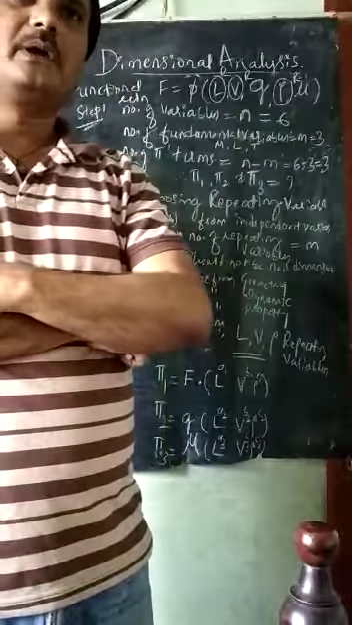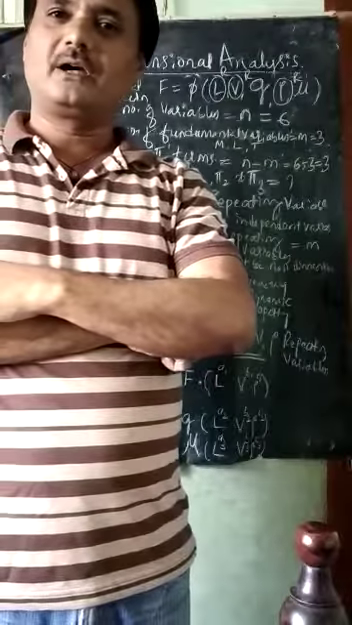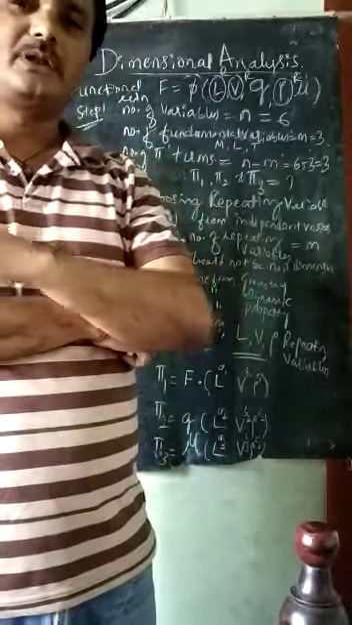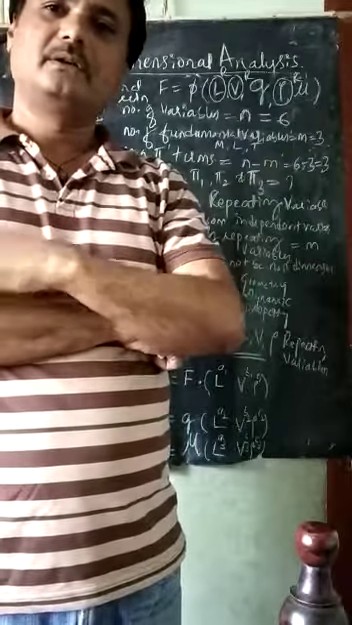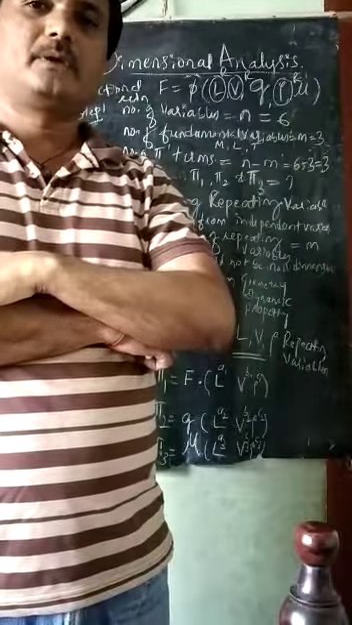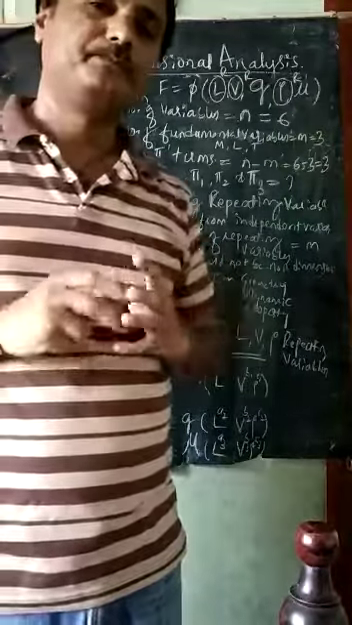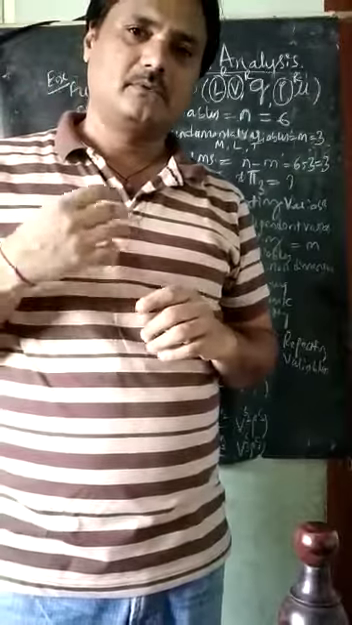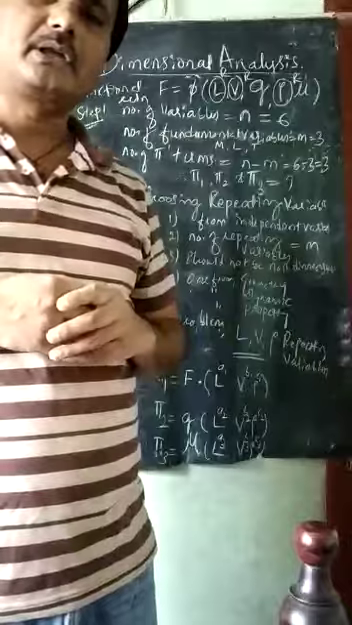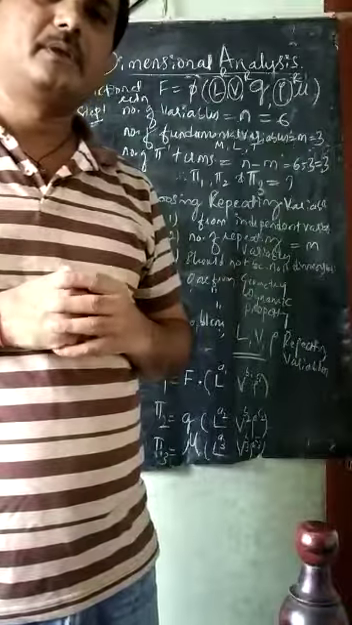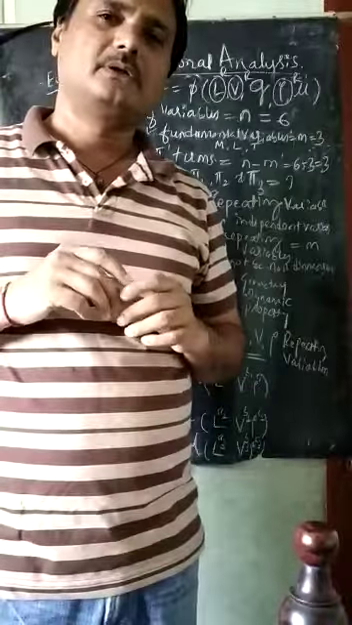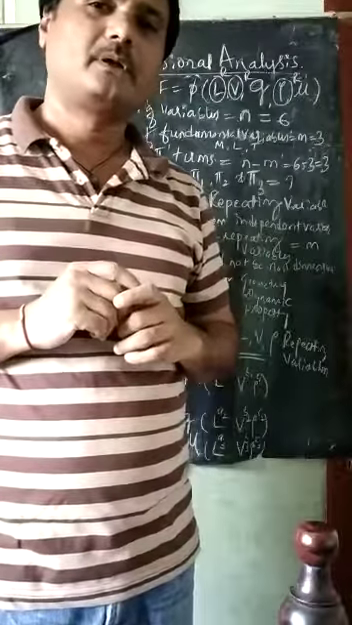Here I am continuing the topic dimensional analysis. In the Rayleigh method, we have already studied the procedure and steps with one numerical. Now I have started the next method, that is the Buckingham Pi theorem. Almost the steps are the same, the only